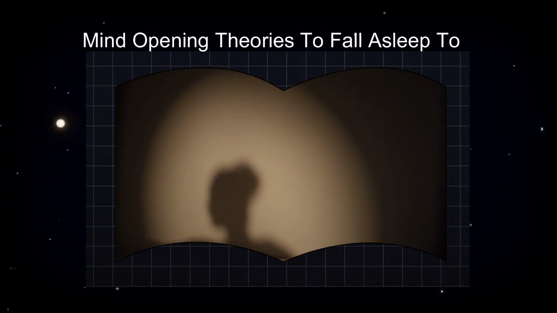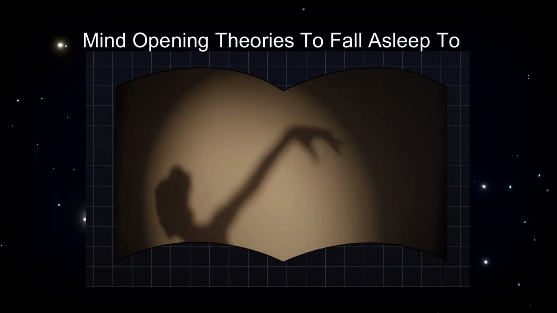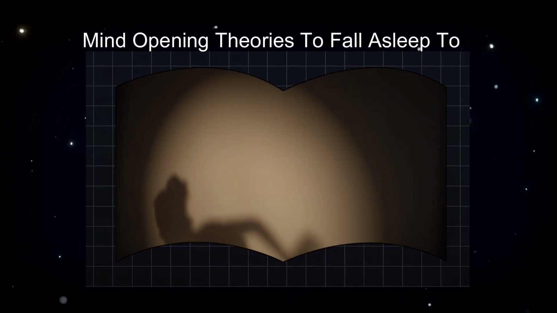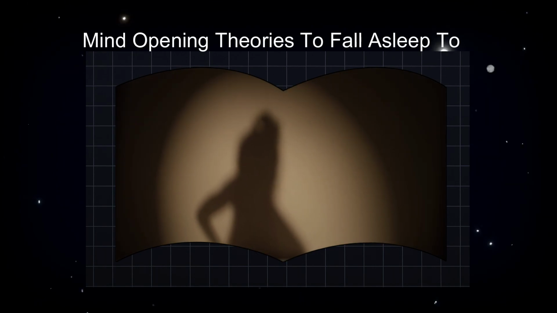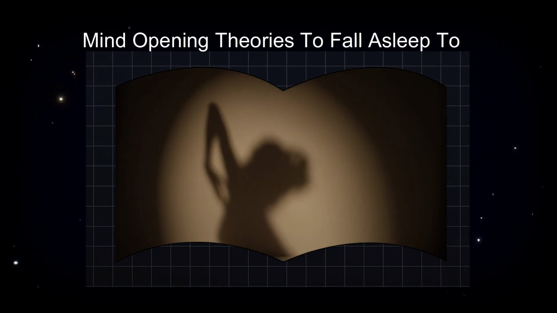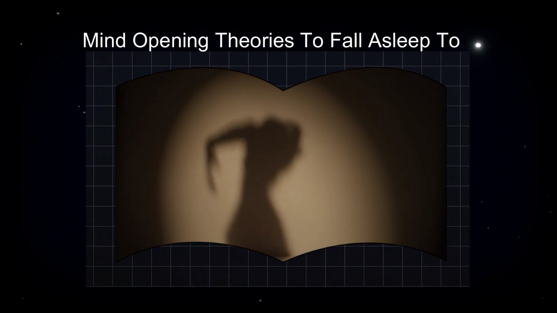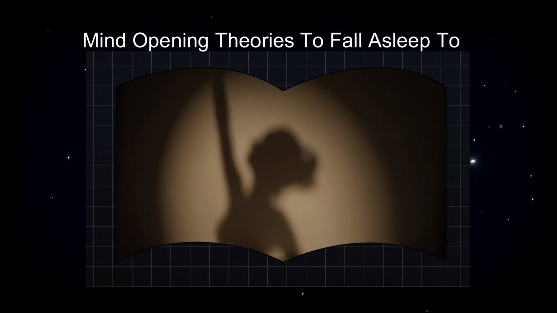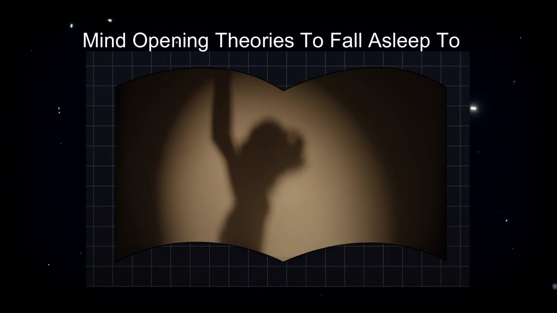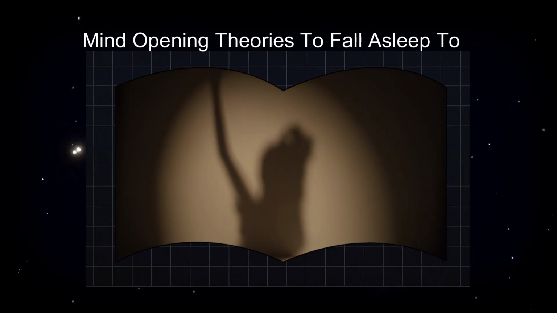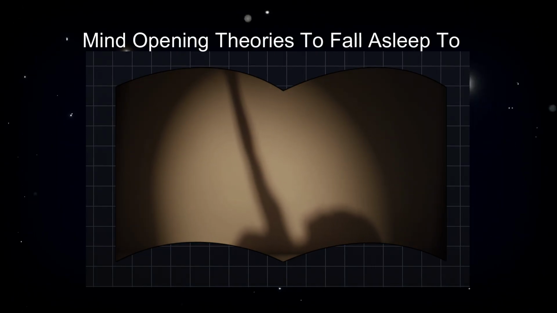Retrocausality. Now picture this. You drop a cup, it shatters. But then, somehow the shards rise, reassemble into the cup and leap back into your hand. Sounds like science fiction, right? Well, that's the kind of logic retrocausality plays with. Retrocausality is the idea that effects can come before causes, that the future can influence the past. It's a wild concept, and it flips everything we think we know about time and causality.